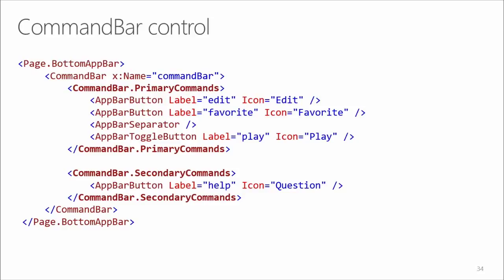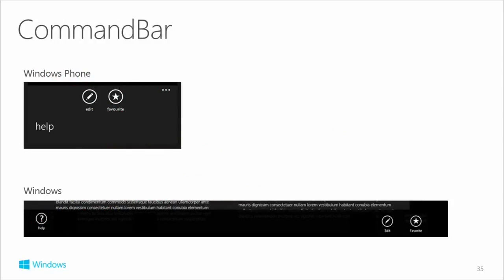Now, the app bar, or command bar, the bottom app bar, how you program it in XAML is a bit like this. I talked a little about the primary commands and the secondary commands. These are your primary commands where you put a label, which is the little text hint, and then an icon, which is an image that goes with it. I've got a little demo in a moment, I'll show you. And then underneath that, we've got a secondary command, which again has a label and an icon. Actually, on phone, it will ignore the icon, and it will just show the text. So this is what that XAML looks like on Windows Phone and on big Windows.